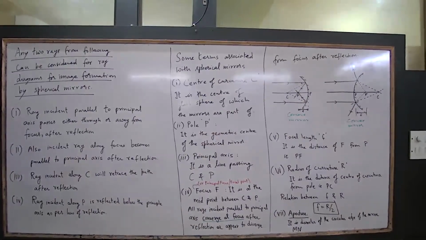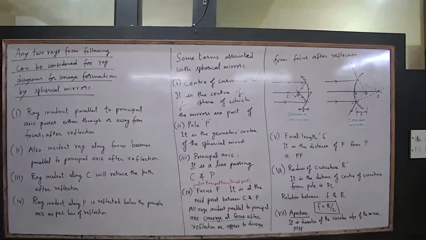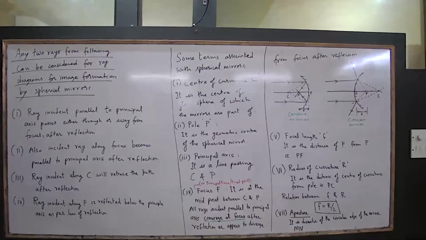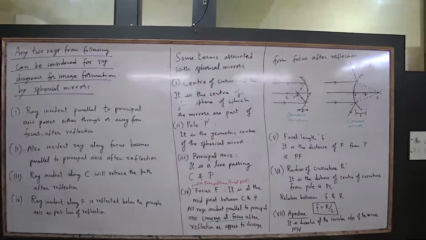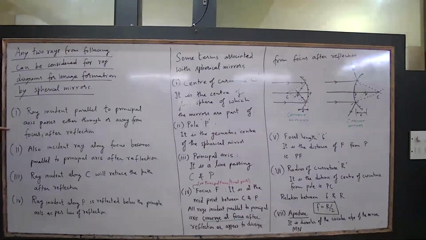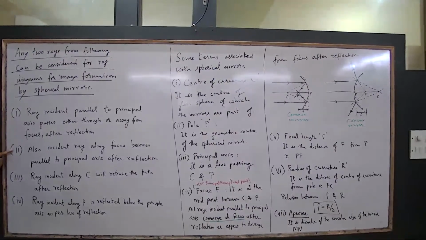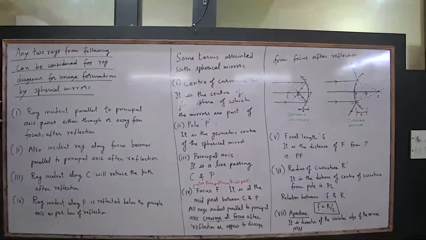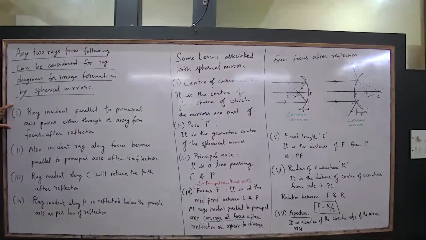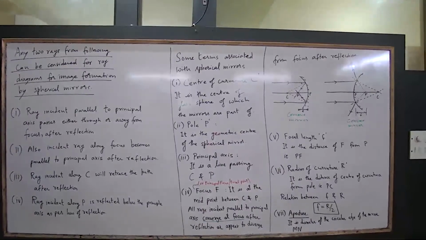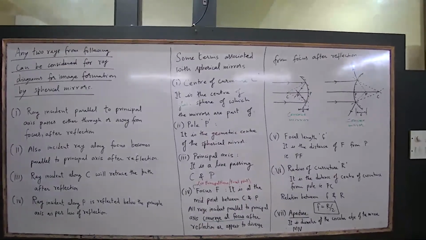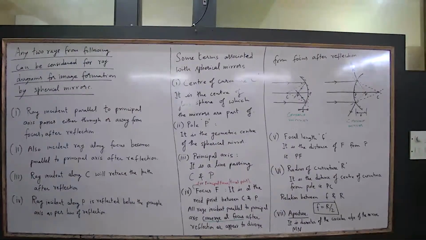So there are these four different incident rays possible. इसमें से कोई भी दो रे लेके हमको डायग्राम बनाना है। तो अभी जो भी हम इमेज फॉर्मेशन सीखने वाले हैं, मतलब इनमें से कोई भी दो। 1 तो सब डायग्राम में है ही, ये वाला तो हर एक में है। रिमेनिंग 3 में से जो कन्वीनियंट है उसमें से कोई भी एक लो। वो भी तुमको समझ आएगा, ठीक है? हर एक रे डायग्राम में ये वाला तो आएगा, एक रे पैरेलल टू प्रिंसिपल एक्सिस, और बाकी 3 में से कोई भी एक रे। ठीक है? तो ये समझ के अभी हम डायग्राम बनाएंगे तो एकदम क्लियर हो जाएगा।